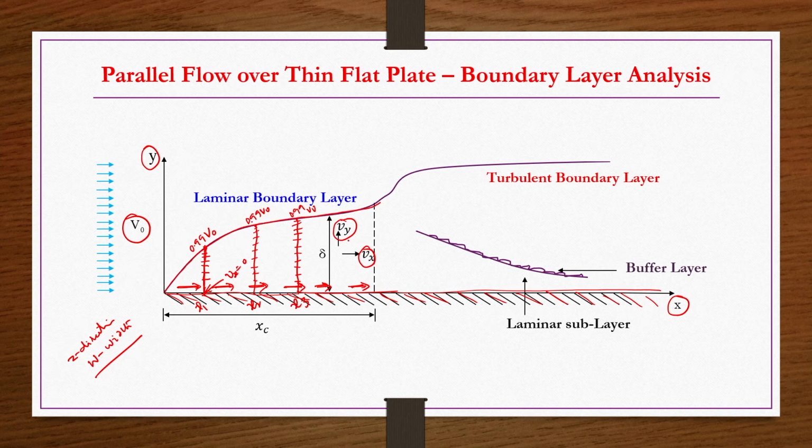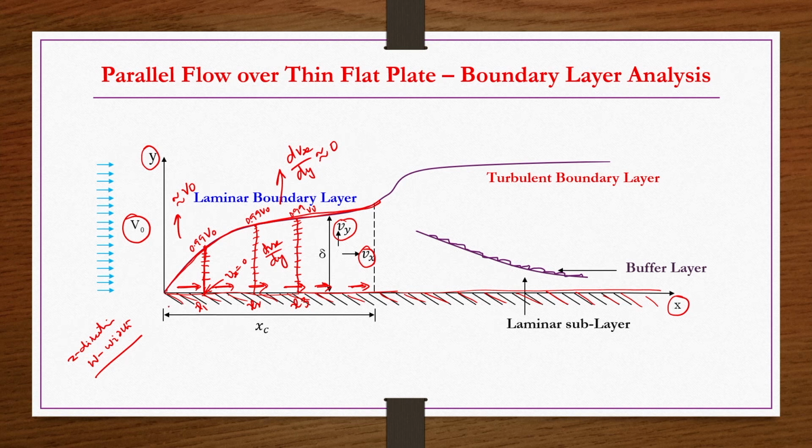So, that will indicate the region in which the velocity variations are there, and the region after which the velocity is approximately equal to the free stream velocity. Or in terms of gradients, the enclosed region in which the velocity gradients exist, and beyond that region the velocity gradients are almost approximately 0. So, the points which we are joining give a curve, and that curve is known as the boundary layer, and the flow within this boundary layer is known as the boundary layer flow.